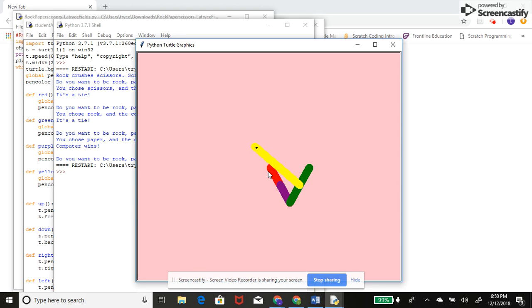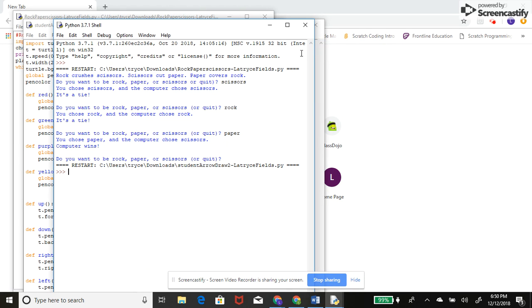Let's change the color. So now if we want to quit, I have a program that if you press C, the program clears itself. So I hope that I've answered all of the questions that you may have had in